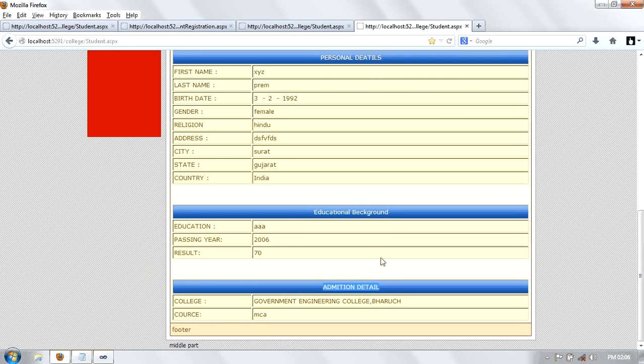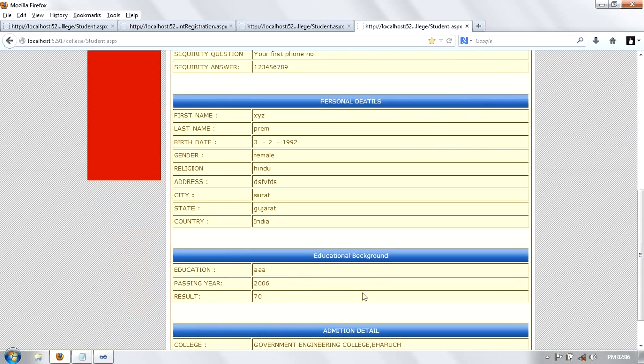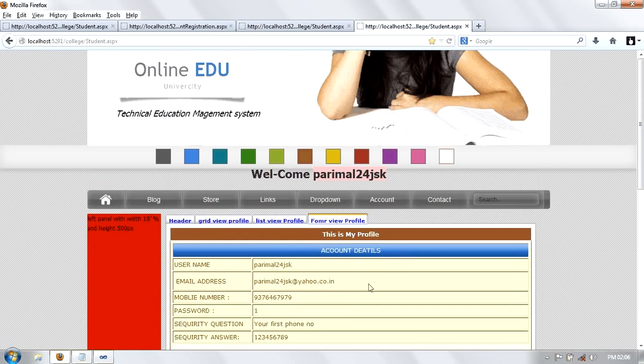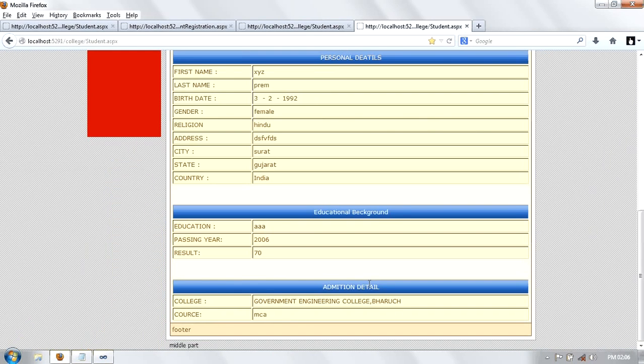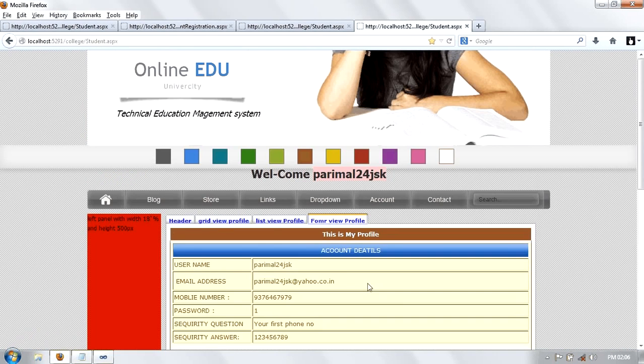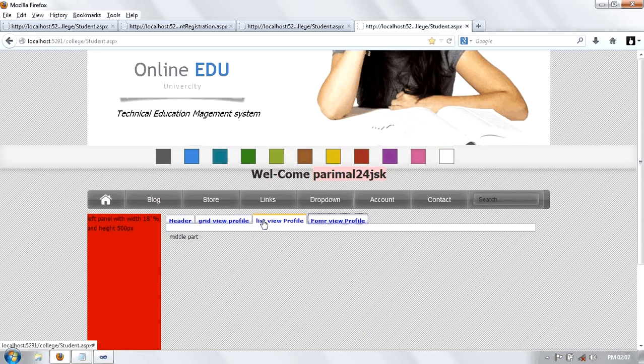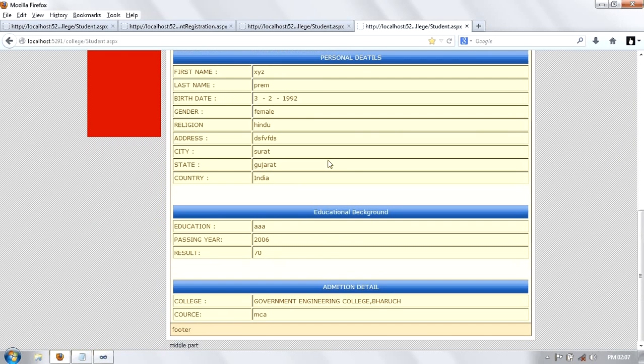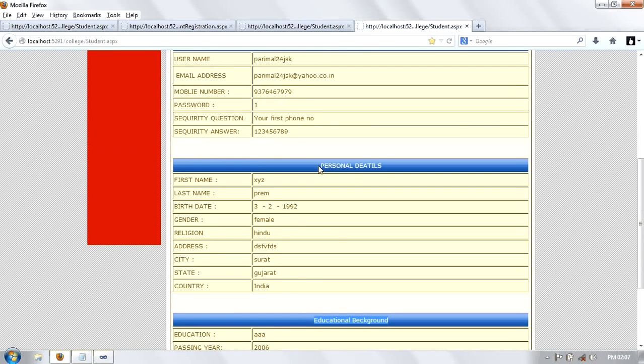Now in footer you can add your own footer or it is not needed. Now this is your form view, so it's looking good. So what is done here, only one profile is shown here,